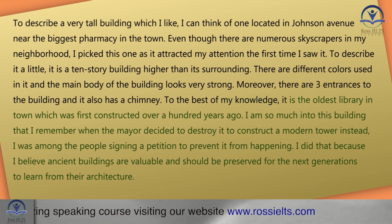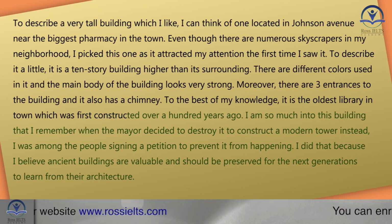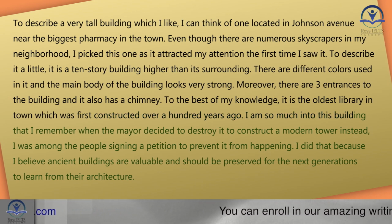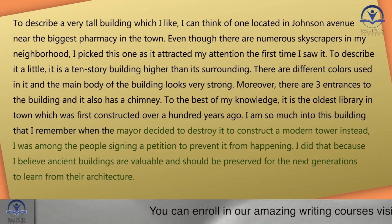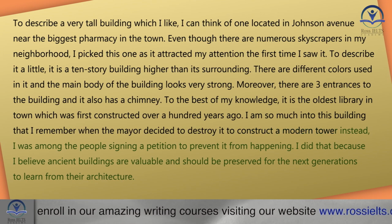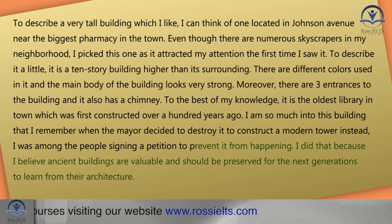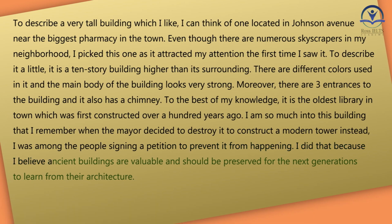To the best of my knowledge, it is the oldest library in town, which was first constructed over 100 years ago. I am so much into this building that I remember when the mayor decided to destroy it to construct a modern tower instead, I was among the people signing a petition to prevent it from happening. I did that because I believe ancient buildings are valuable and should be preserved for the next generations to learn